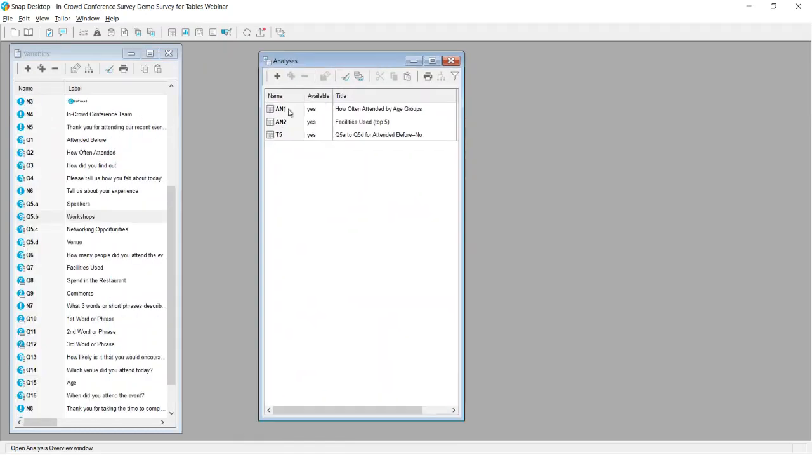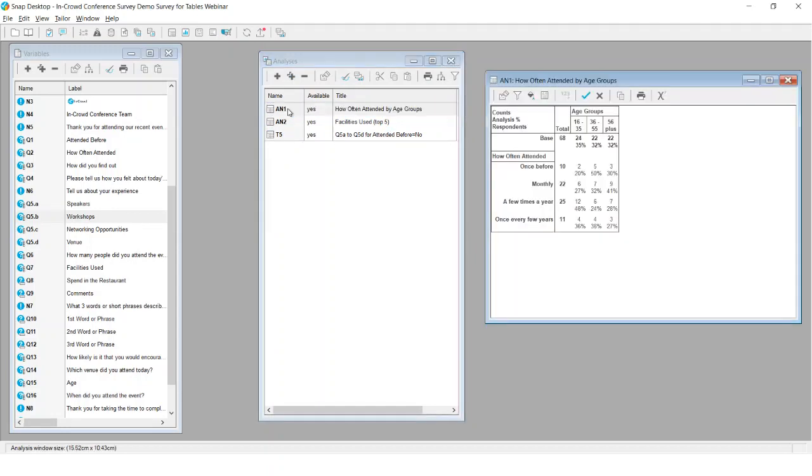So there's the original tables I produced, AM1 and AM2. So again, at this stage, I'm going to double click on AM1. It will open back up, and at the same time, it will be looking at the very latest data. So if I clicked on this tomorrow, then perhaps there might be 75 people or 80 people in total. But if I now go into the properties,